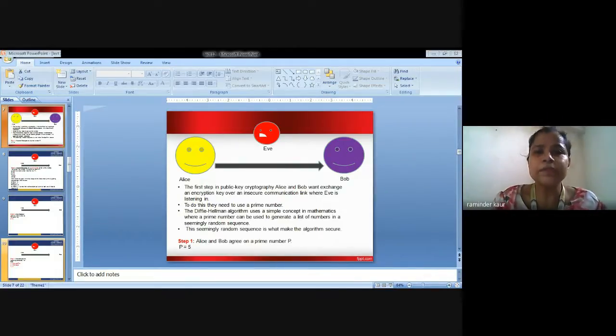So users, say Alice and Bob, pick private values A and B, and they generate a key and exchange it publicly. The opposite person receives the key and generates a secret key, after which they have the same secret key to encrypt. So how is this mathematically possible? First is Alice, second is Bob. Let's have a look at the next slide.